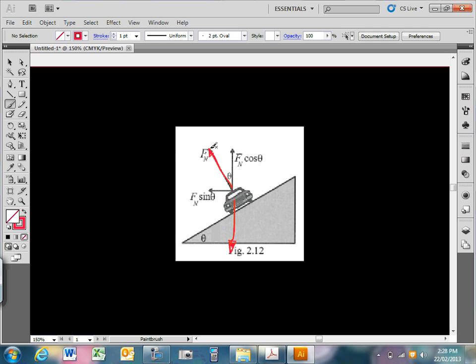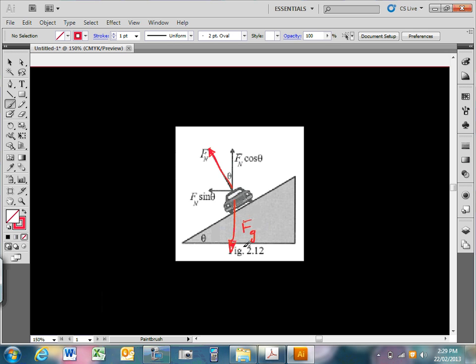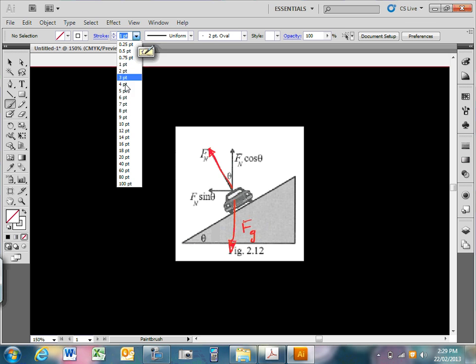Now, I just want to point out, because this is a common misconception, we have force of gravity here. Oh, hang on, the tablet's failing for some reason. Force of gravity is exactly the same length as this Fn cos theta, which happens to be the vertical component of that normal force. You could actually take that normal force now and remove it,